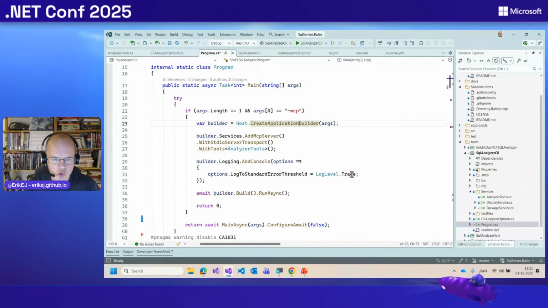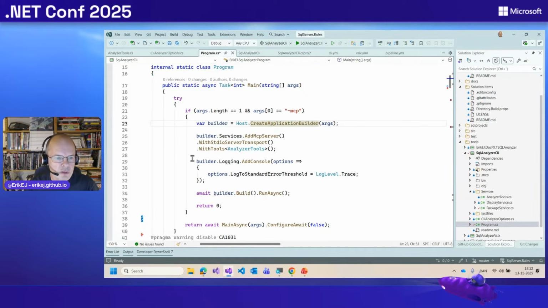the Windows host builder to basically create a continuously running app that will then listen to whatever text you send to it. Initially, when an agent starts its communication with an MCP server, it will get a list of the tools that the MCP server provides, and then it will know about those individual tools and make them available to the end user of the AI agent. We'll get a demo of the actual interaction with the Copilot in a little while.